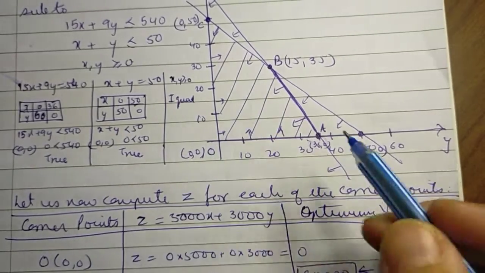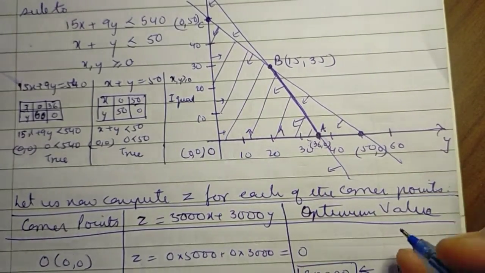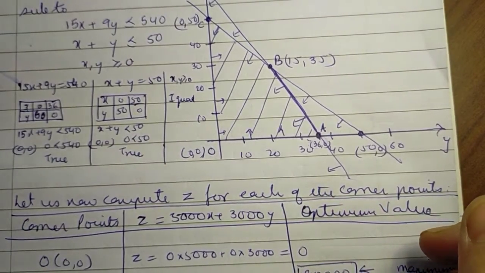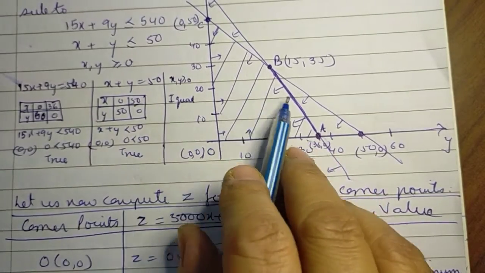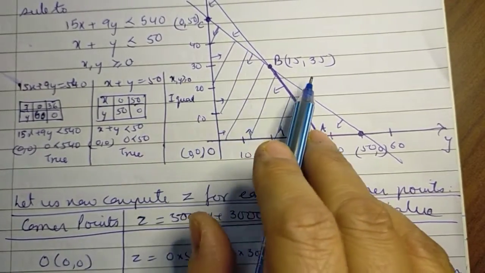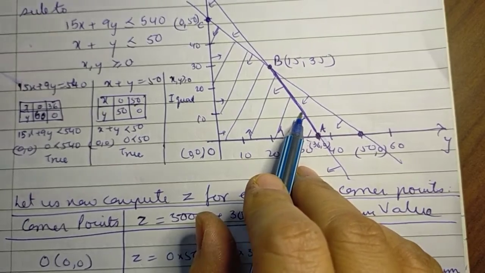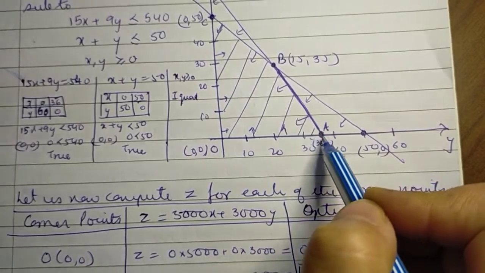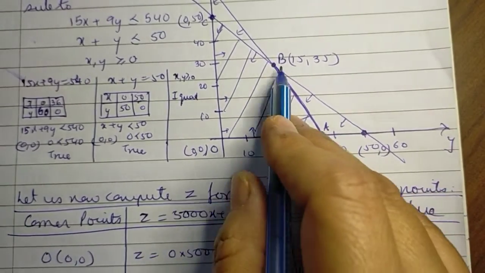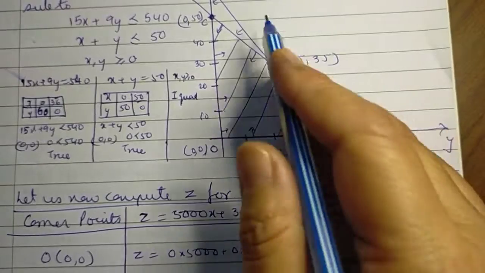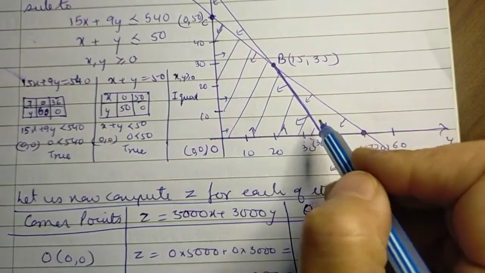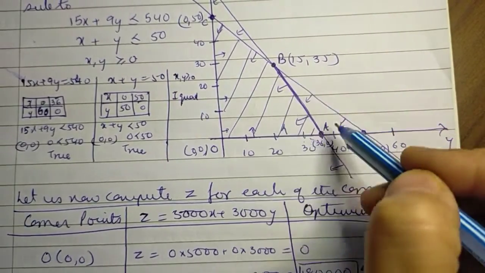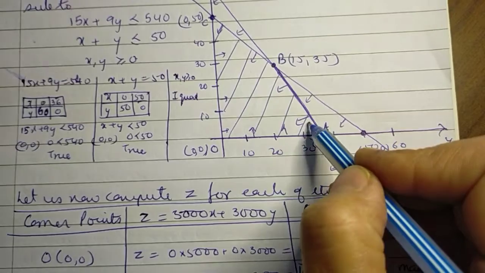The same is the case if we had obtained the minimum value at two consecutive points. The objective function z would have obtained the same minimum at all points of the given line. So this is a second kind of question which you may come across, that is, if the function has multiple points at which it has an optimum value. Like in this case, at points A and B we have the maximum value.